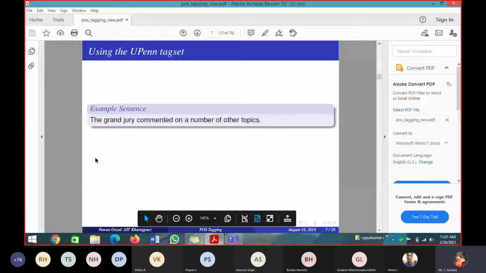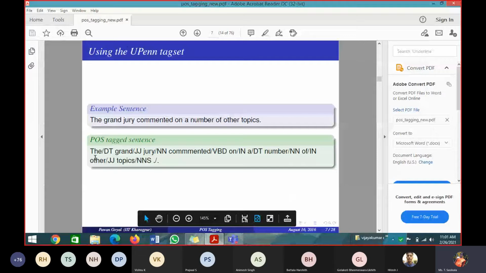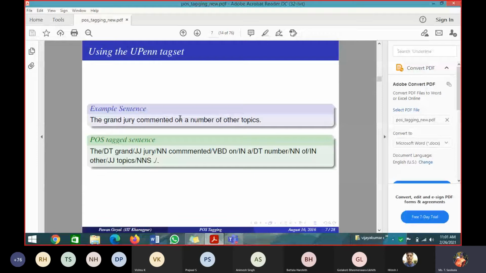So finally, my question will be at the end. I will give one sentence, you will apply the probabilistic method, and you will find the final output like this. So you have to calculate. That is not a simple problem. It will take at least half an hour to complete one problem, because based on how many possible tags I give for each and every word, the complexity increases.